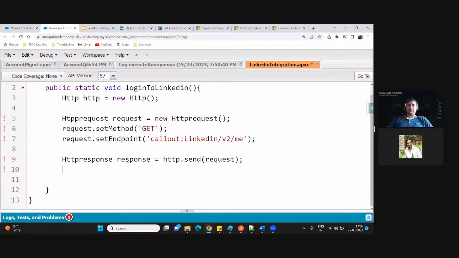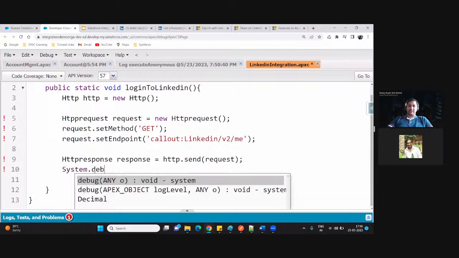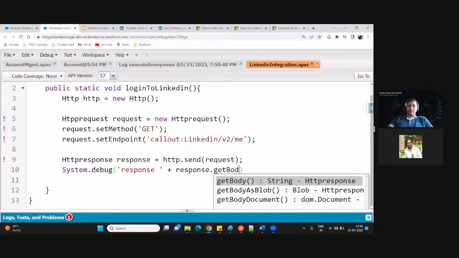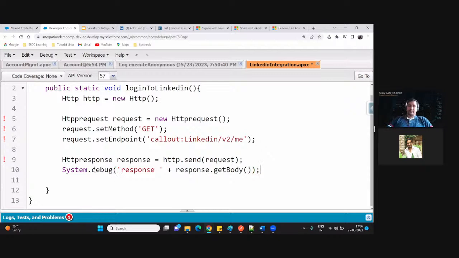Let's go and check the response now. What kind of response are we getting? So again, system.debug. Let me put here response.getBody. And also I will check what kind of status code I am getting. So response.getStatusCode.